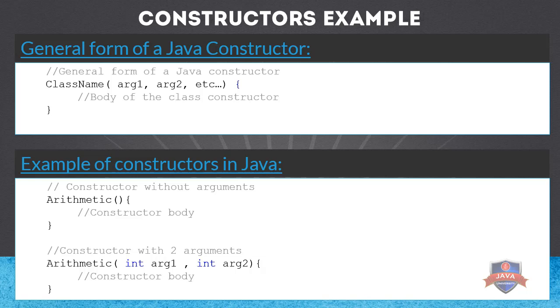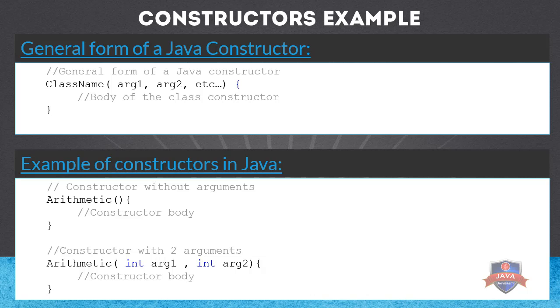Remember that Java creates the constructor without arguments automatically. However, if we have added a constructor with arguments, then Java will no longer add this constructor for us, and it's our responsibility to add it if we are going to need it. In fact, for good practice, we should always use the empty constructor.